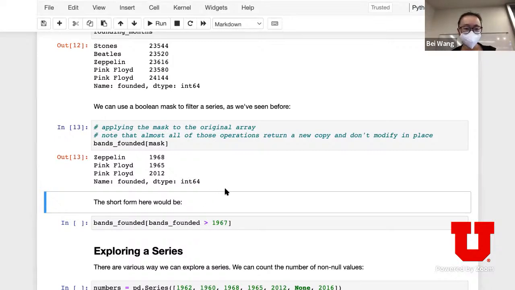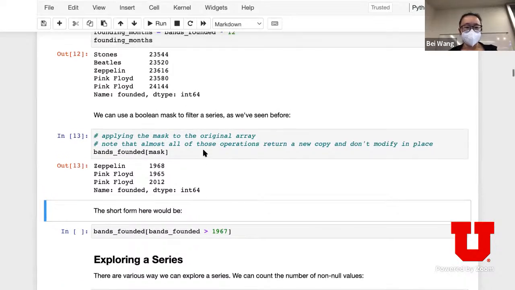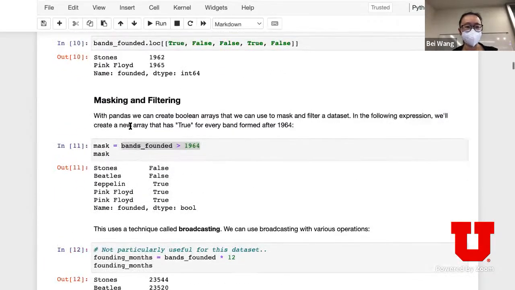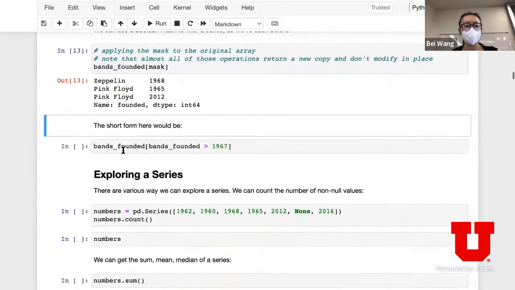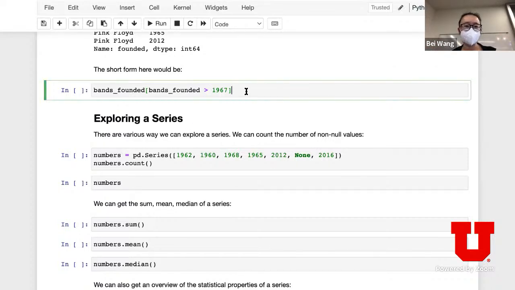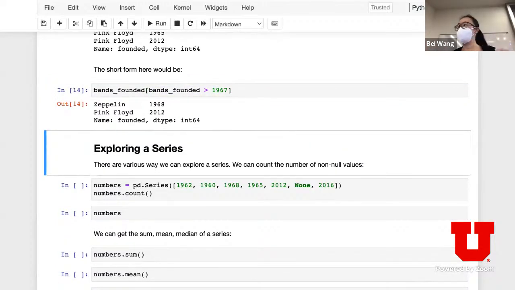Okay. Now, remember, I have filtered my data. You can also use a shorthand expression. So these previous several lines, line 11 defining the mask and line 13, can be condensed into one single line. And this is another thing some people argue is the beauty of Python: you can have very short condensed expressions. So for the same operation, I put my mask inside my square bracket, and at the same time I'm filtering my data using this expression. That returns you the same thing.